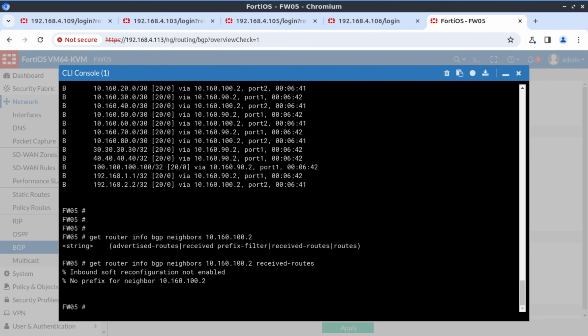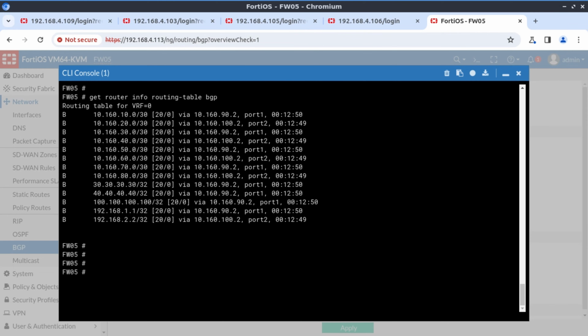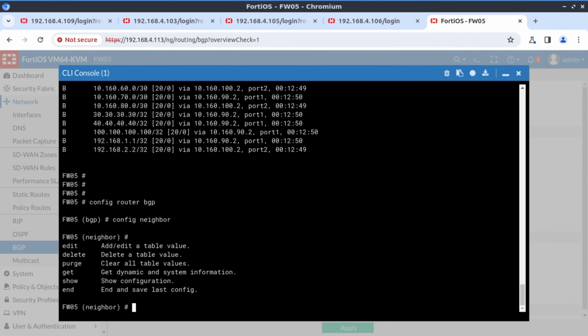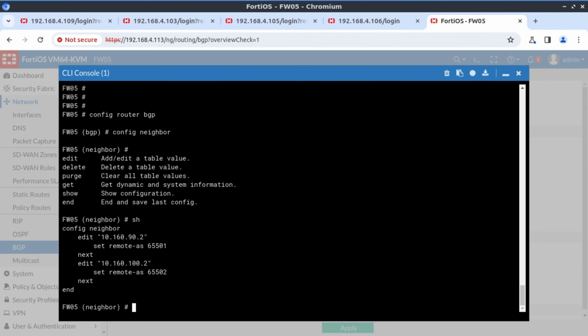So let's change this. I'm going to now configure soft reconfiguration on all the firewalls, and then we'll do this again back here on firewall 5. Let's start with firewall 5 to enable the soft reconfiguration. We go to config router BGP, config neighbor. You do this under the neighborship configuration hierarchy, and since we have two neighbors, I'm going to say edit